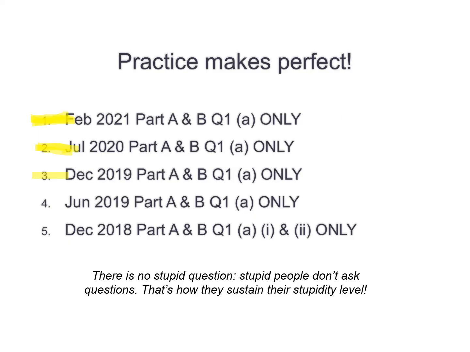I dah bagi 2 soalan ni dekat you. Satu lagi ni you kena cari dekat EQPS. Dan attempt part A dan juga B question 1 part A. Okay. So untuk semualah attempt. Dan kalau kita rasa tak faham lagi, kita boleh go lagi sampai Jun dan Disember. Tapi for the time being, I perlukan you attempt soalan 1, 2 dan 3 ni. Part A, B, question 1A untuk 3-3 ni.